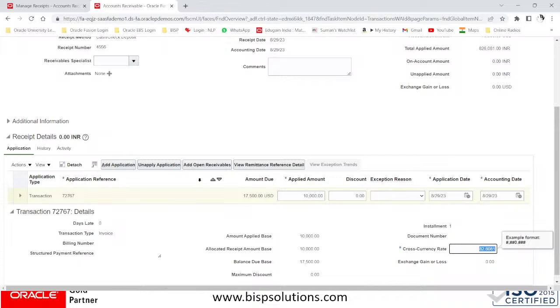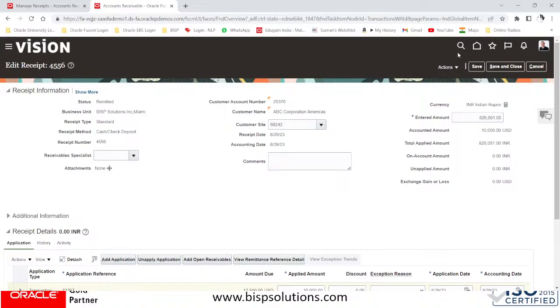We have seen that while creating manage daily rates, the rate is the same as what we provided there, right? So apply, save the same, save and close,